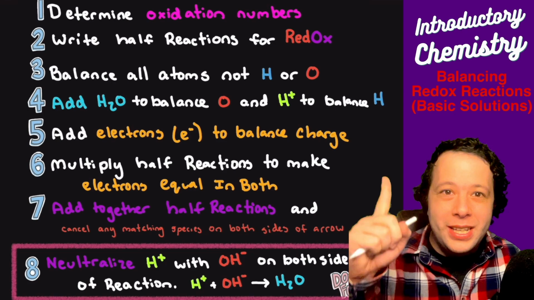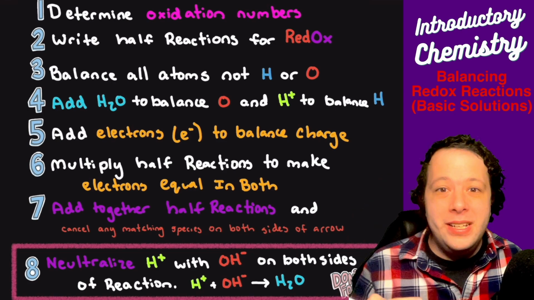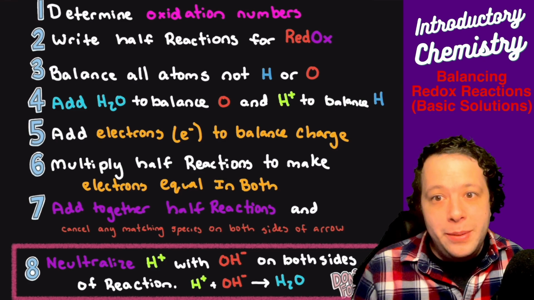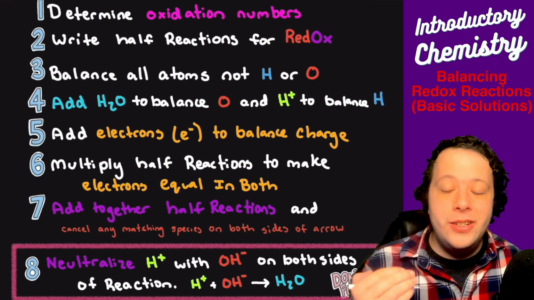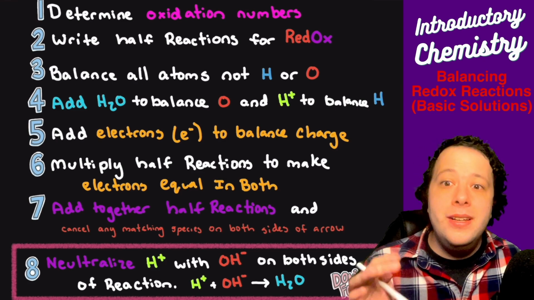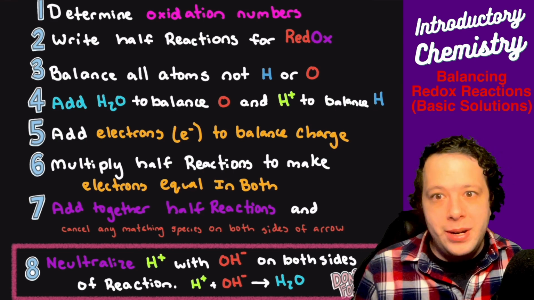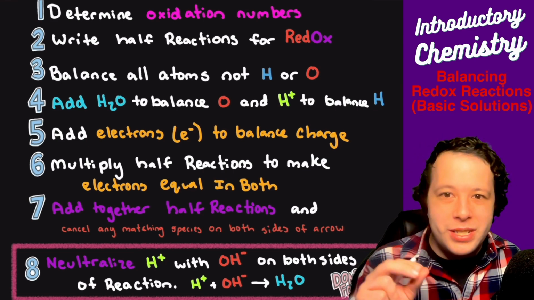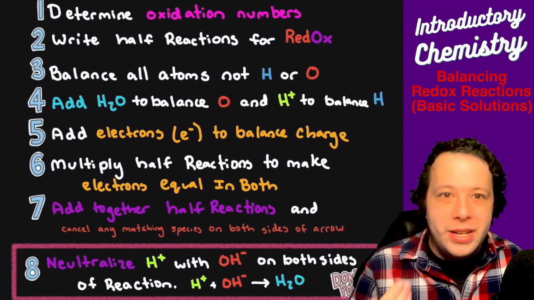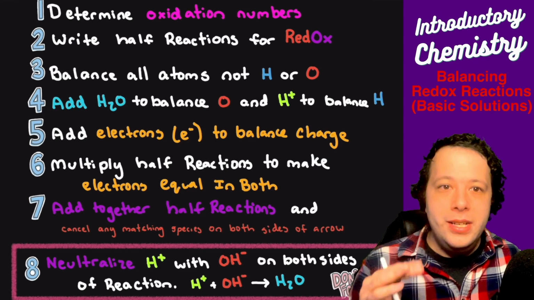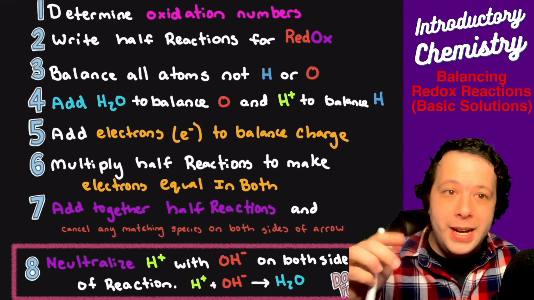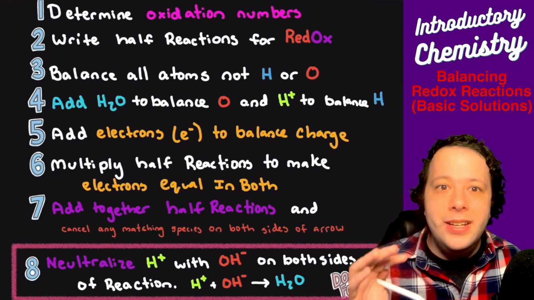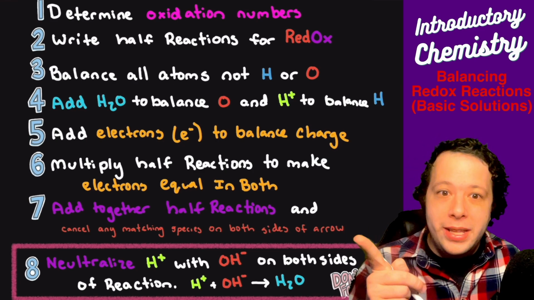So the first thing that we're going to do is determine the oxidation numbers. The reason for that is if you have to label what's being reduced and oxidized, you're going to need to label them. That also helps you write out the half reactions, especially if you're struggling to see the trends, so you definitely want to be able to label those numbers. Now, for steps 4 through 5, you can combine them into one step. Most textbooks that I read usually do. So keep in mind that order.